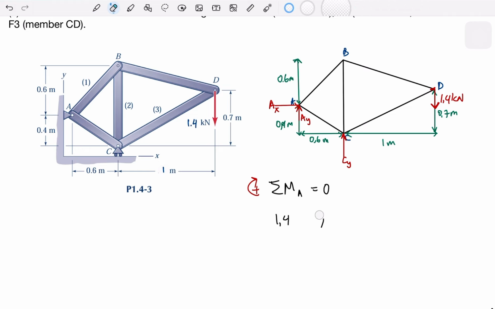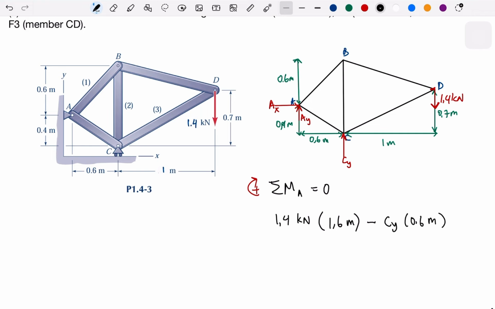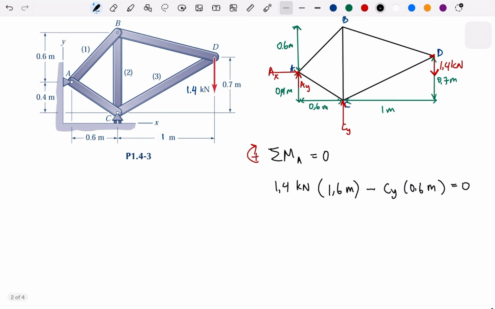Or let me write with the units. Okay. And then Cy is minus, so minus Cy multiplied with 0.6 meter equals 0. So Cy is basically